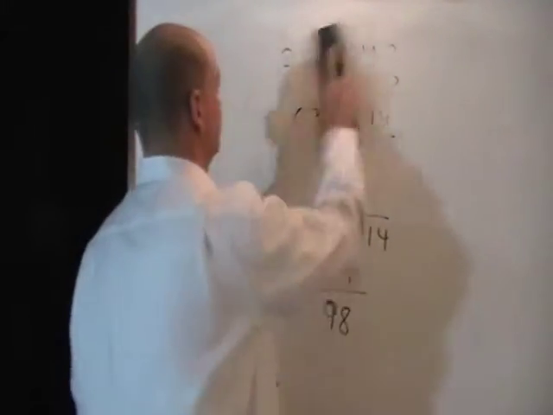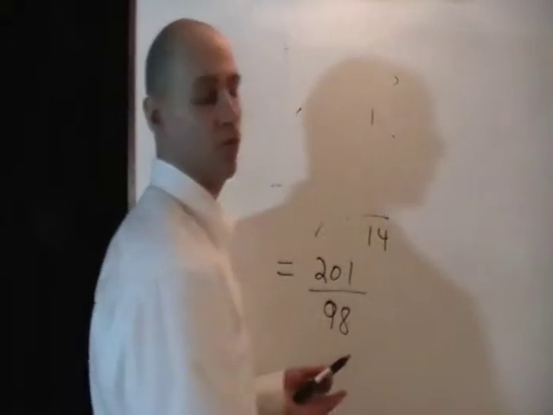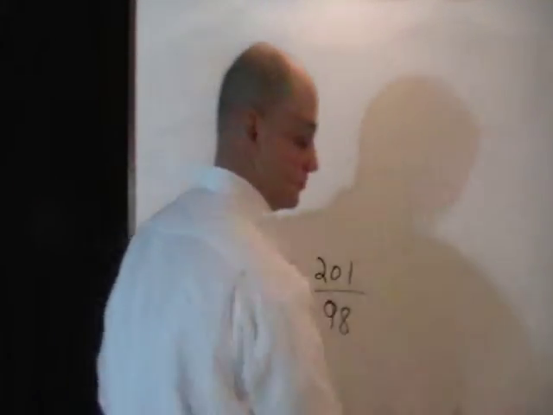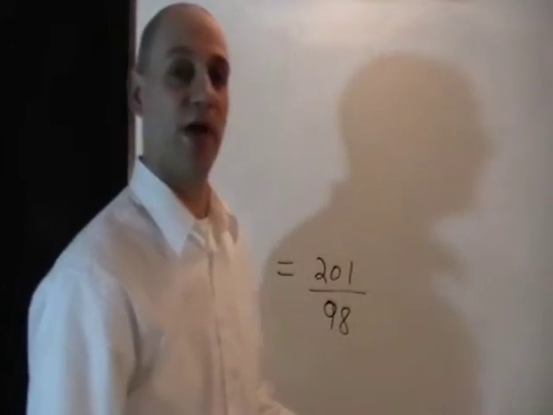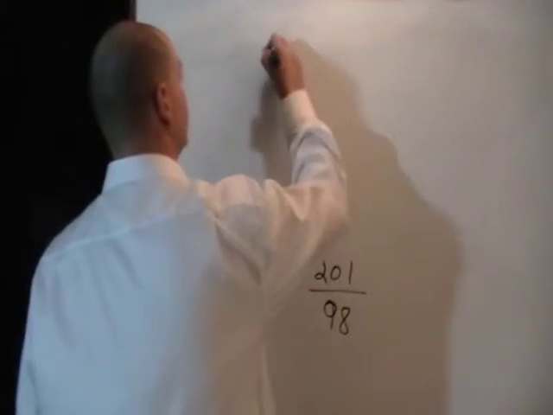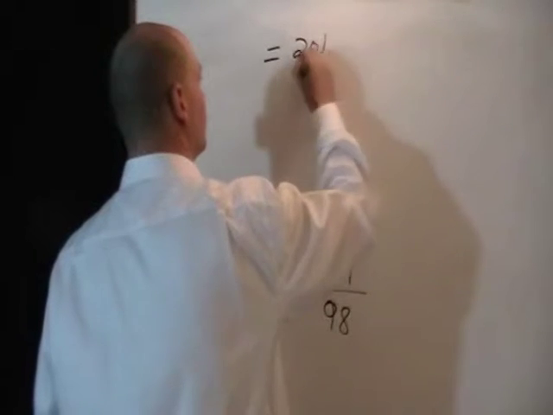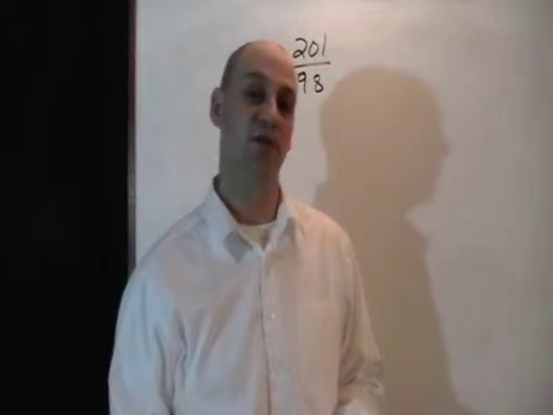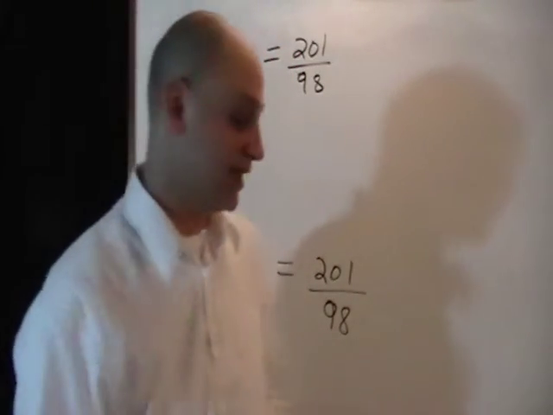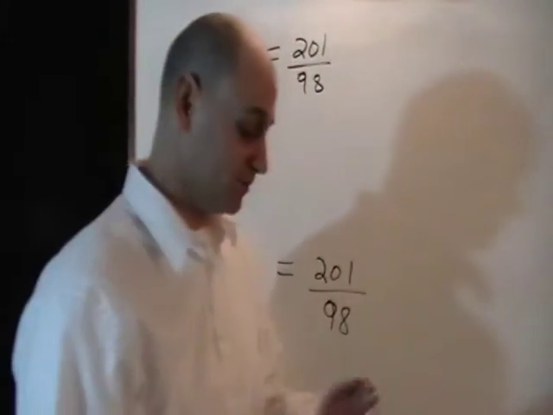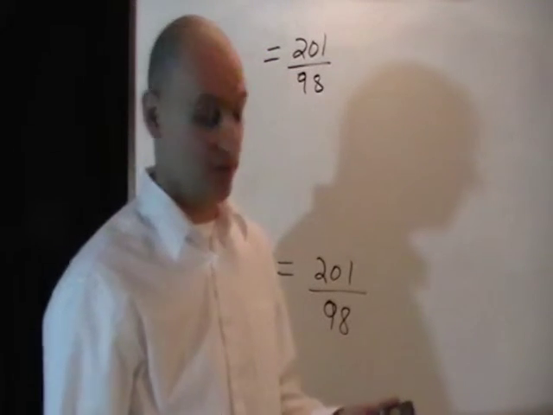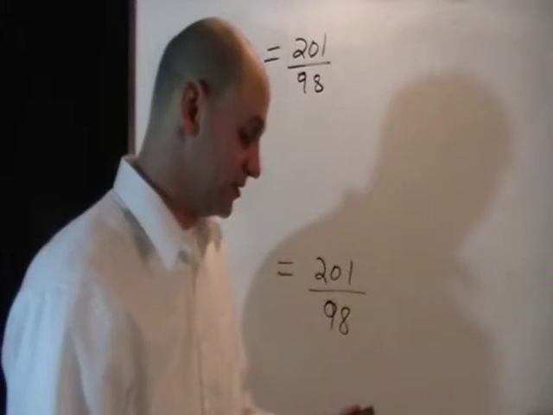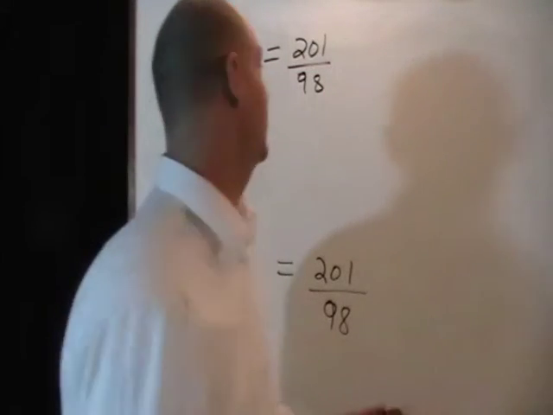But again, it's in the form of an improper fraction. So if you wanted to convert that back into a mixed number, you would do it just as I had shown you previously in the addition and multiplication lessons. Take out your calculator. There are many ways to do this, in fact, but the way that I like to do it is to simply take out your calculator, divide out the number,